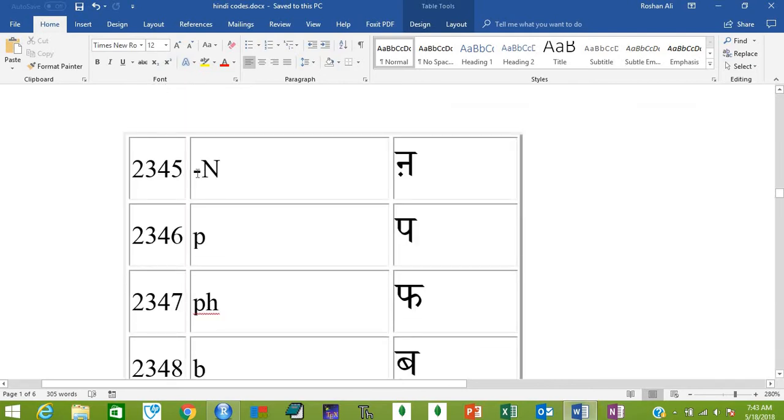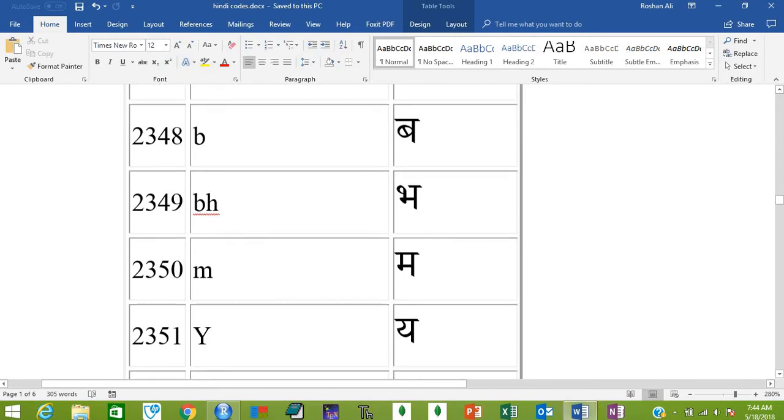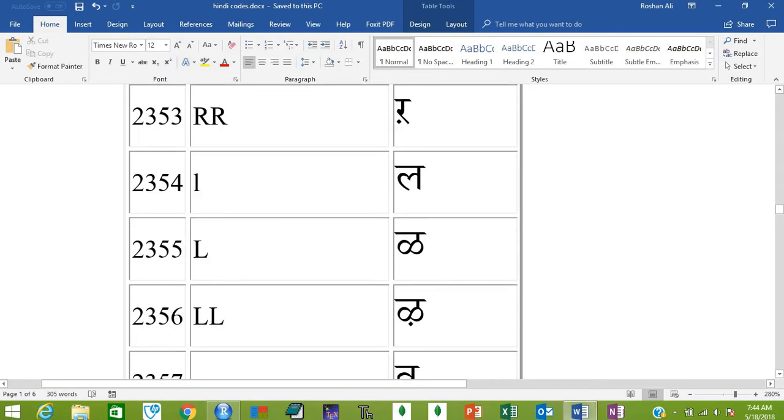Yes, this is another type of symbol that I am going to use because there are a lot of Hindi characters. That's why I had to use this dash character as well in combination with English letters so that I may represent more characters with a smaller number of English characters. So if you use a small dash, that is the minus sign, before capital N, this will be translated into this. P, PH for this, B, BH, M, capital Y, small r, capital double R, and small L for la,